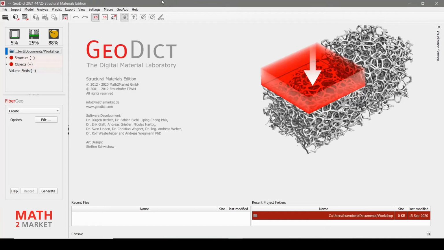So here you see the graphical user interface of Geodik 2021. The design of the button has changed to a new look, but they are all still available and they are in the same position. One of the first things to do after starting Geodik is to choose a suitable project